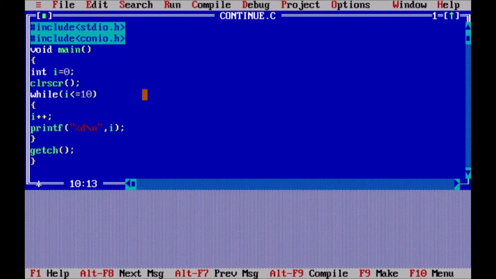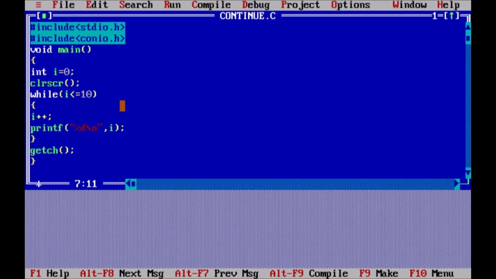Fine. But a small mistake to note here is, as the value of I becomes 10 here, it will be checked. Since 10 is less than or equal to 10, it will enter the loop. Now the value will become 11 here and 11 will be printed onto the screen. But as per our logic, we should get only 10 numbers onto the screen.